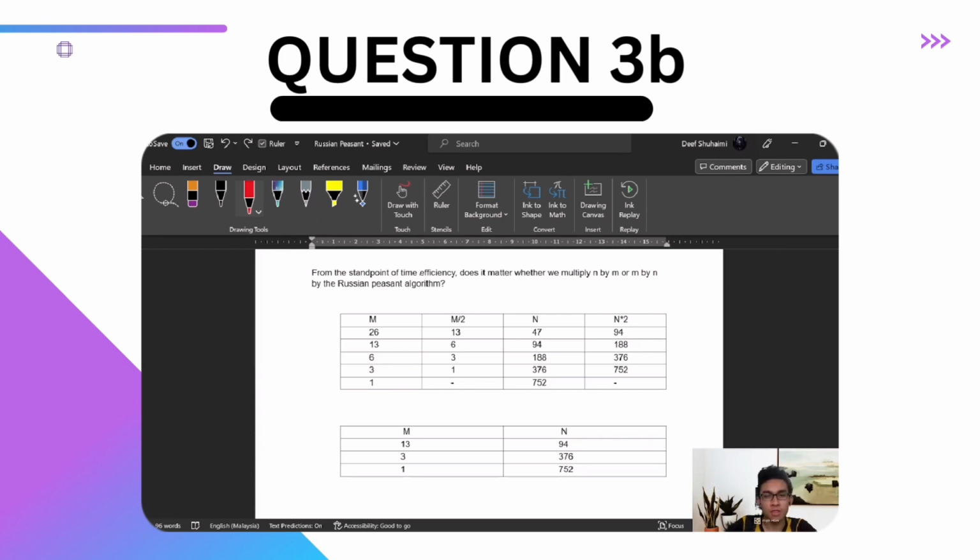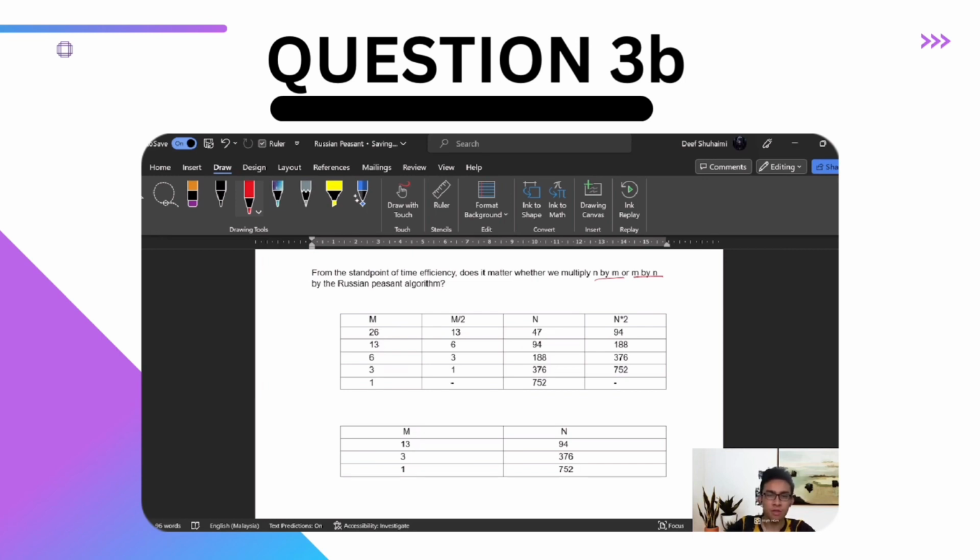We'll be discussing question 3B, which sounds from the standpoint of time efficiency: does it matter whether we multiply n by m or m by n by the Russian peasant algorithm? So basically, this question needs us to clarify whether the order of multiplication affects the time efficiency of the Russian